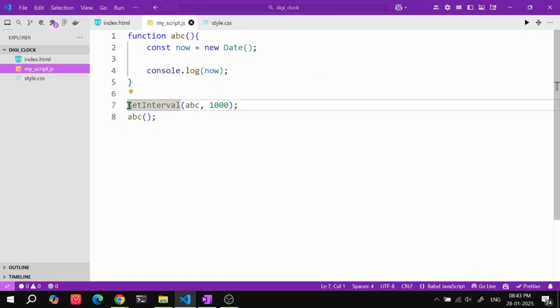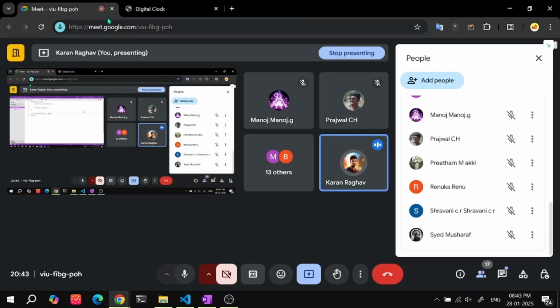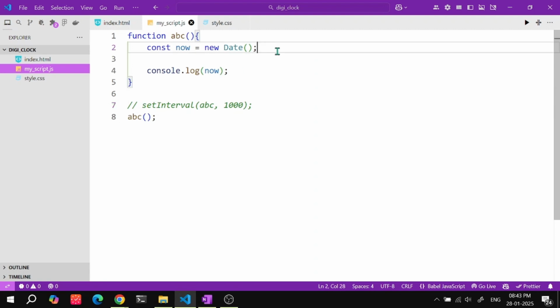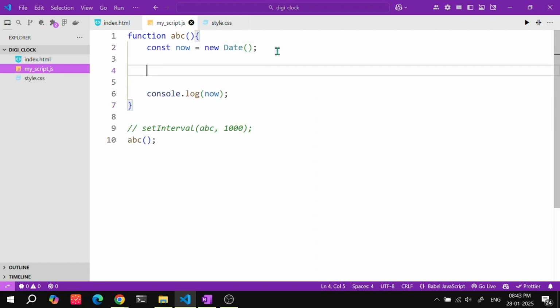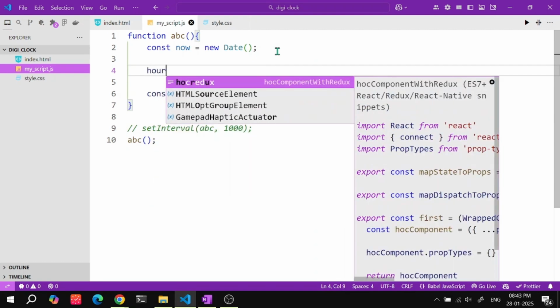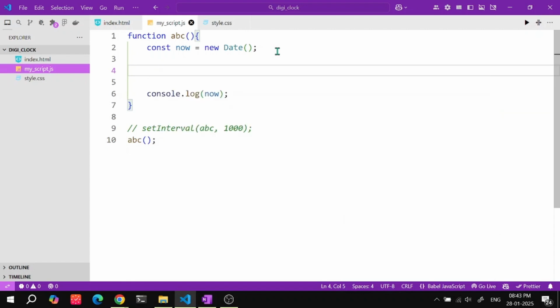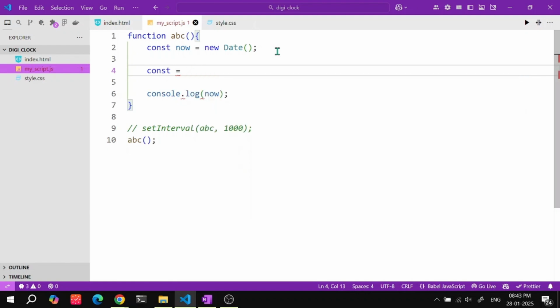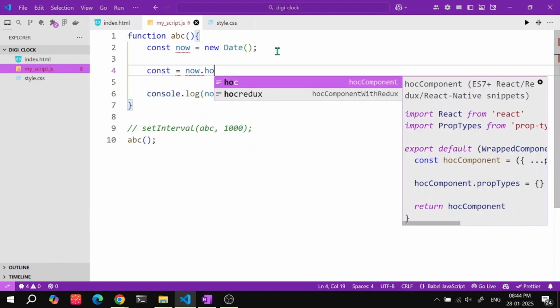Now let me comment this out, because I don't want any function to run every second now. If I reload, I'm able to see the time, date and everything. Now I want to extract the number of hours from that. If you want to extract the number of hours, before writing a variable you should remember you will use const, is equal to now dot